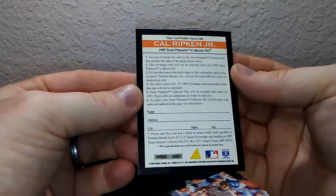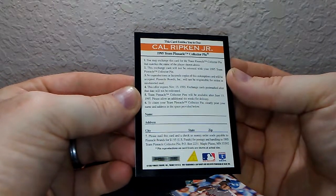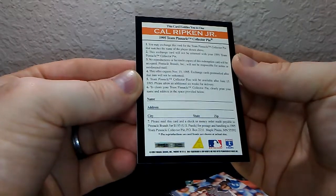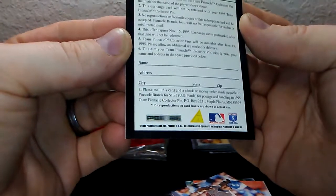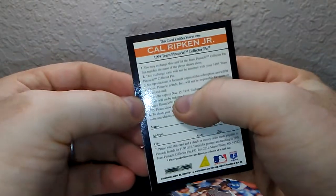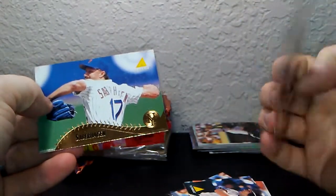This card entitles you to a 1995 Team Pinnacle Collector Pin. It's in $1.95. I wonder if that's expired. Yep, offers expire November 15th. Oh well. Was this Ronald White, Bret Saberhagen,